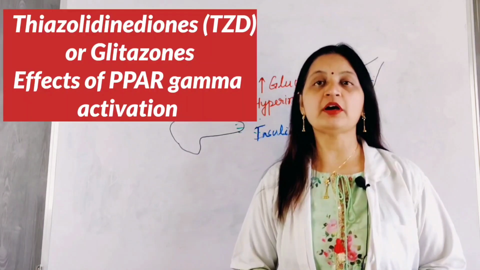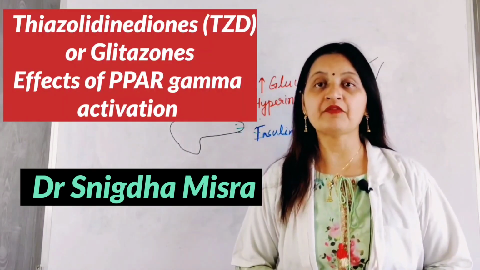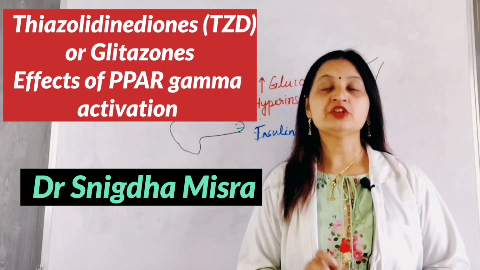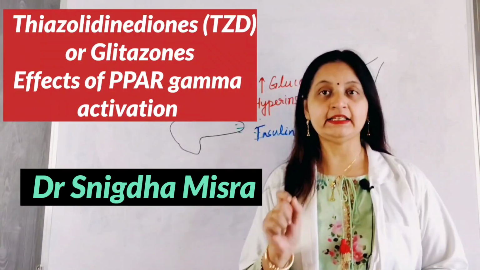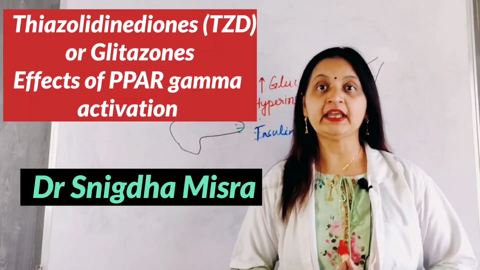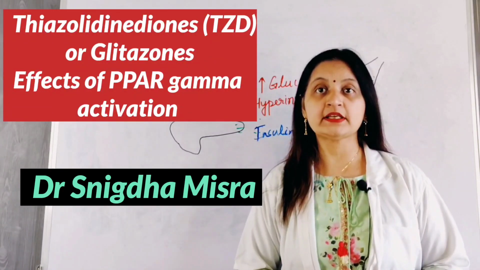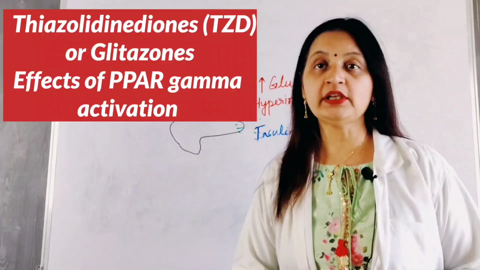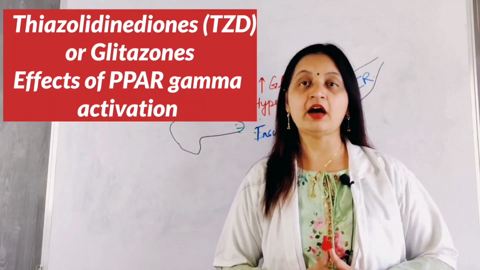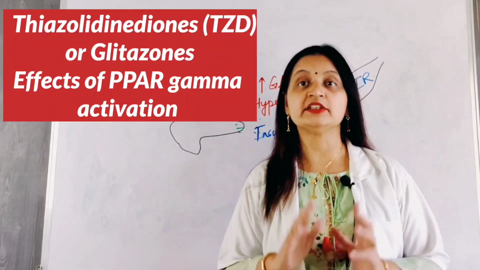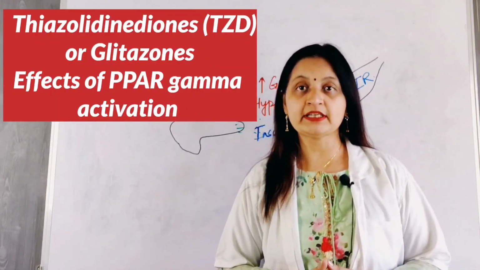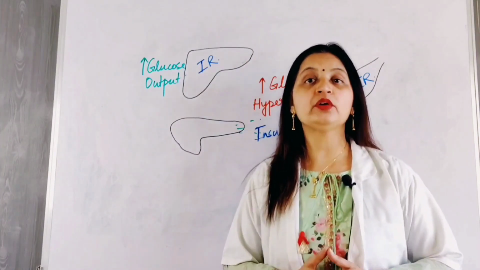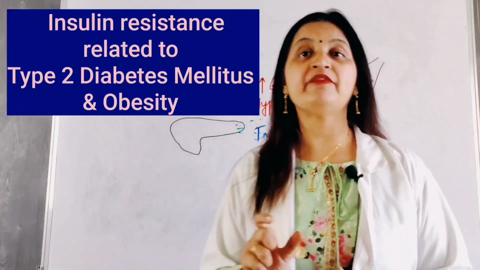In this video, I am going to talk about a class of anti-diabetic drug which is known as glitazones or thiazolidinediones. The short form is known as TZD and plays a role in regulating carbohydrate and lipid metabolism by acting on PPAR-gamma receptor, which is the nuclear receptor, and helps in correcting carbohydrate and lipid metabolism that is deranged in type 2 diabetes mellitus. Majority of the patients with diabetes have type 2 diabetes mellitus and is highly prevalent among